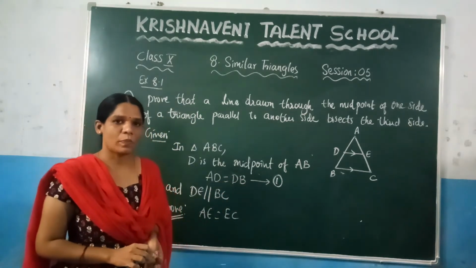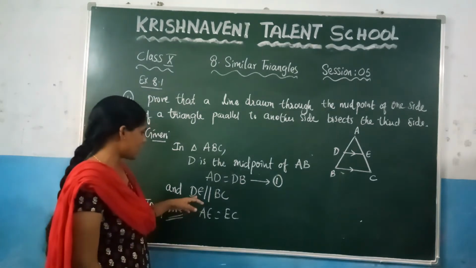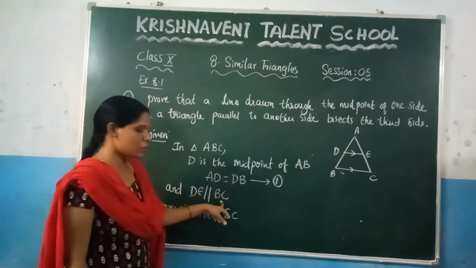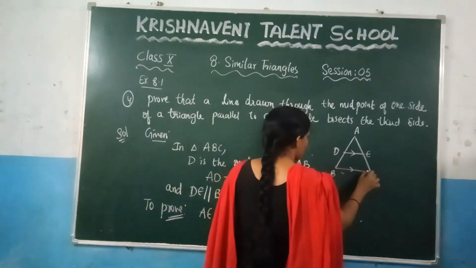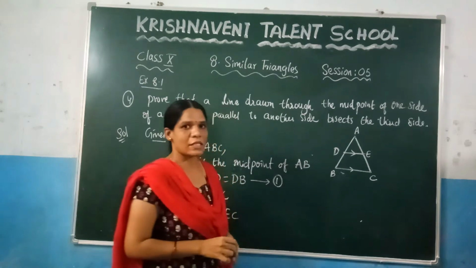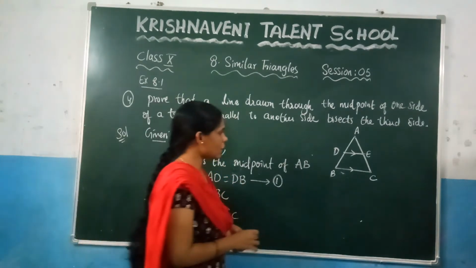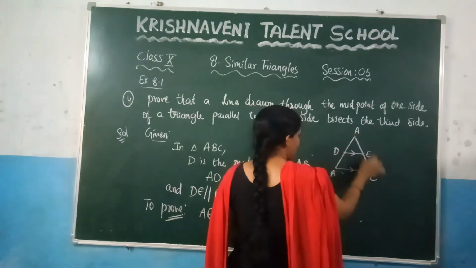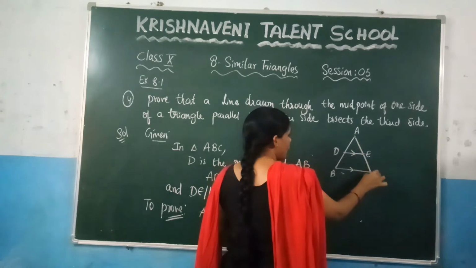Now here, by the basic proportionality theorem, we are going to prove this theorem. So what do we have here? They have given the condition DE is parallel to BC. So by the basic proportionality theorem, you can say that the other two sides are divided into the same ratio. What are the other two sides? Which is AB and AC. So you can write it here AD by DB is equal to AE by EC.